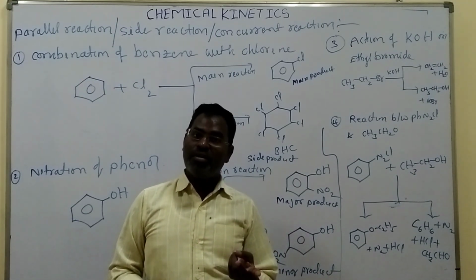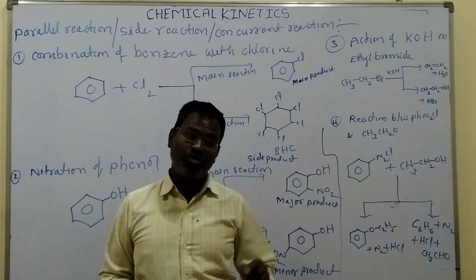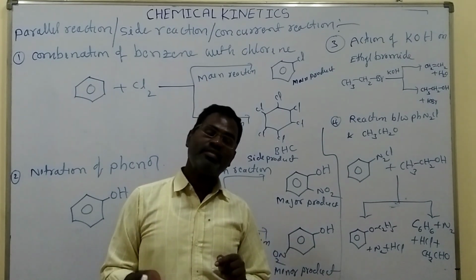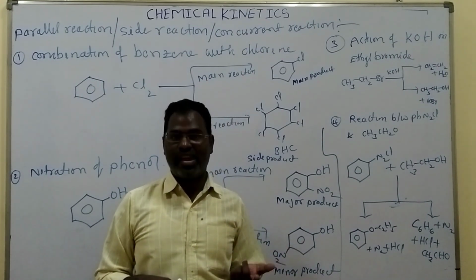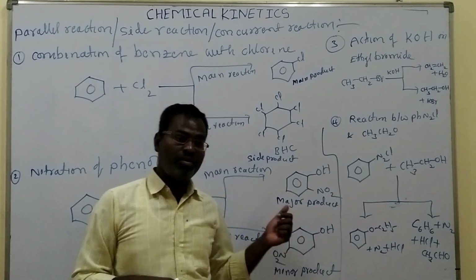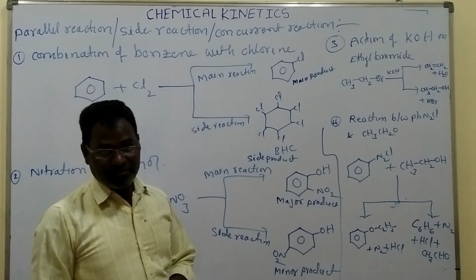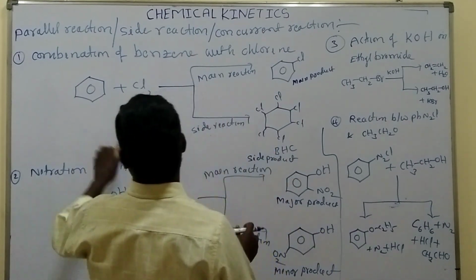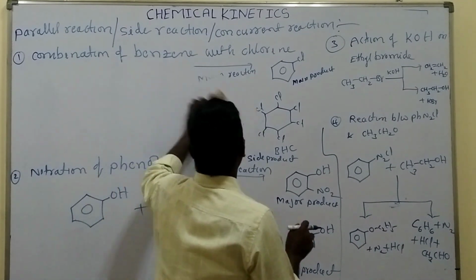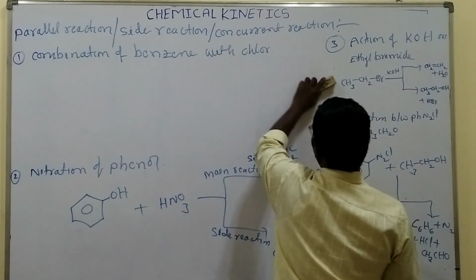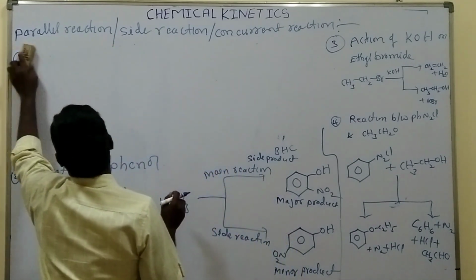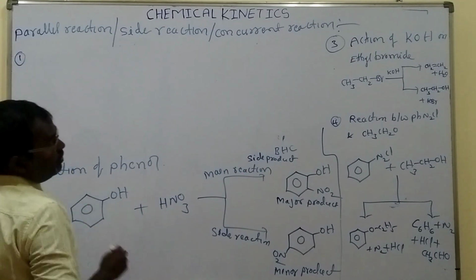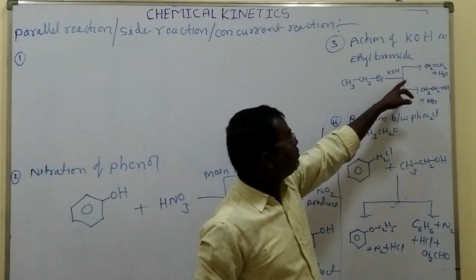In one case, by adopting the suitable condition, the main reaction is converted into the side reaction, whereas in other cases the side reaction is converted into the main reaction. So this kind of feasibility we have in parallel reactions. Again, let us take the important characteristics of the side reactions. So the first one: check the reactions. Here we have two